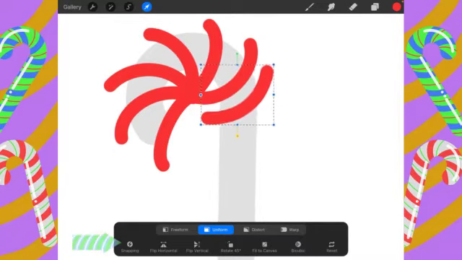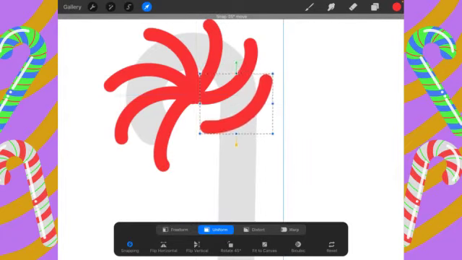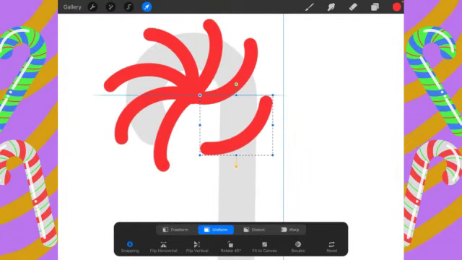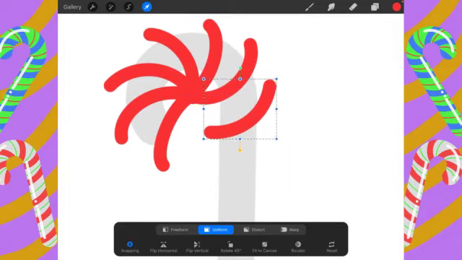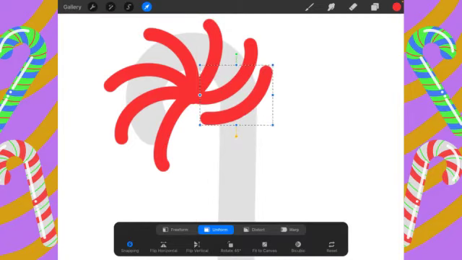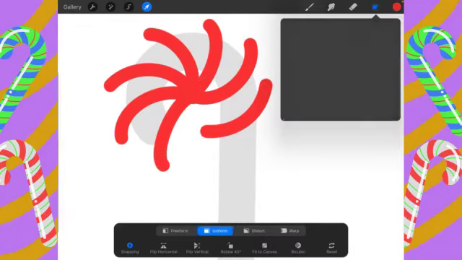What you need to do is go down here to snapping and turn the magnetics and the snapping on. And this is where the distance and velocity helps us out. The distance is how far it goes before it snaps, and the velocity is how quick. So now, when I move this down, it snaps. I want to give it about that much room, and it moved over, so I'm going to try it again. There we go. And now we're going to duplicate that layer 3,